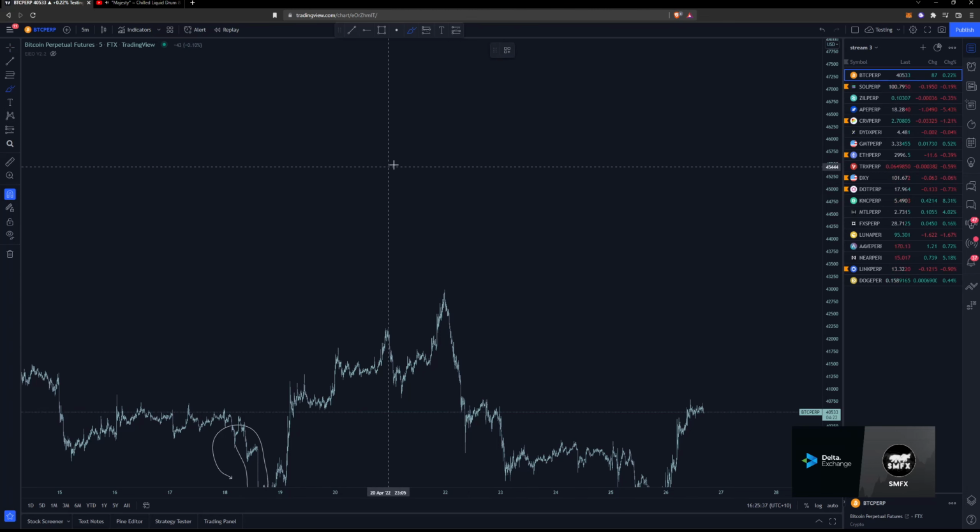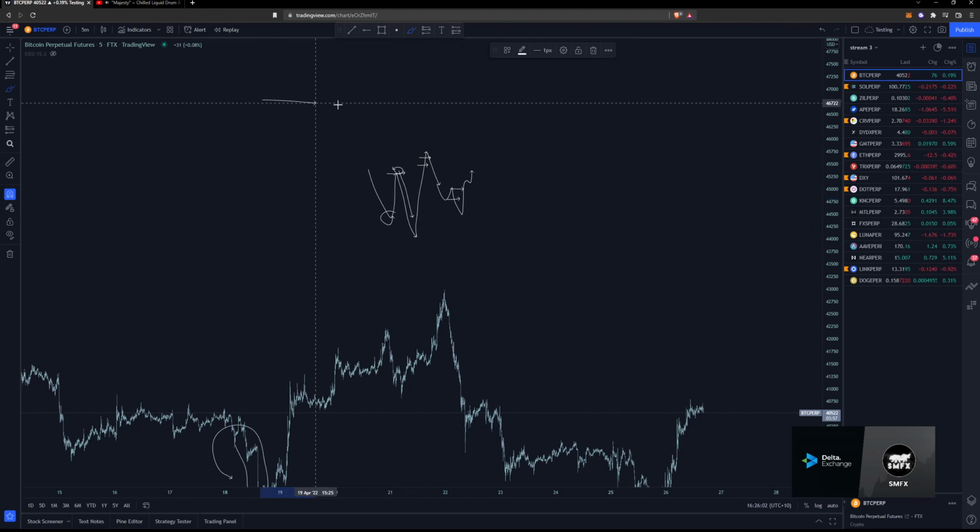Essentially, if I'm looking for a long, I look for a key low to form. I then wait for that key low to be swept. Once that key low is swept, I wait for a break up above the high that was responsible for taking the low. Once we get the break above, I look for a close above this level. Once we get that close, I then look for price to revisit the range between the high and the low, where I then look for the same pattern to form again. And once I get that, that is my entry trigger